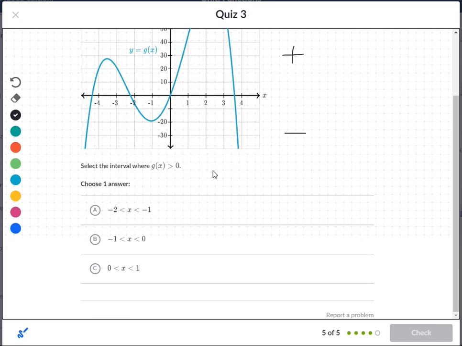So we want anything that's positive there. So from -2 to -1, this is definitely going down. So that's a negative. So if we look at this interval from -2, starting here, going down,